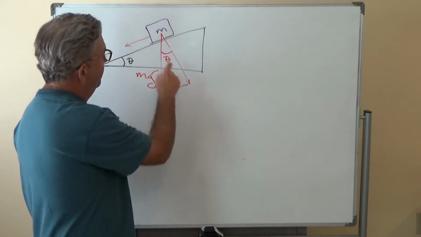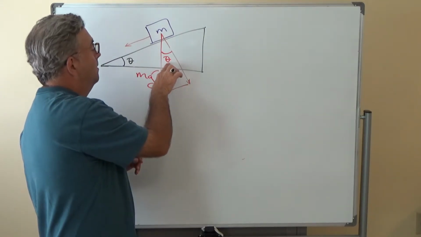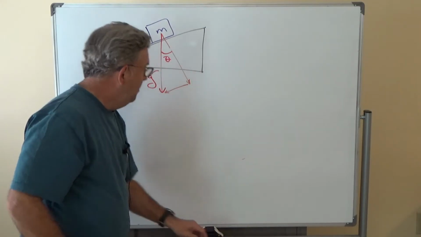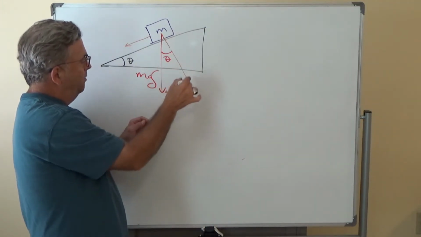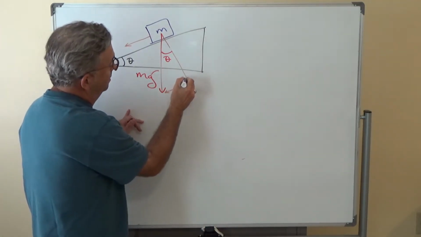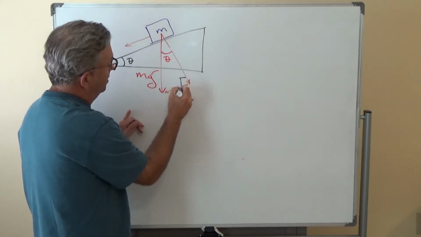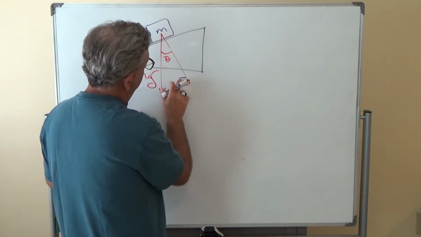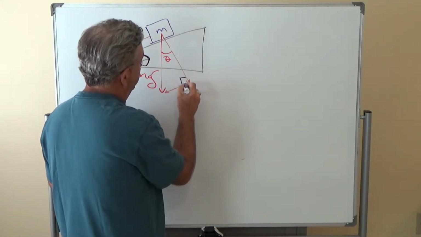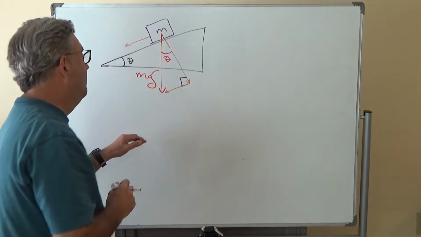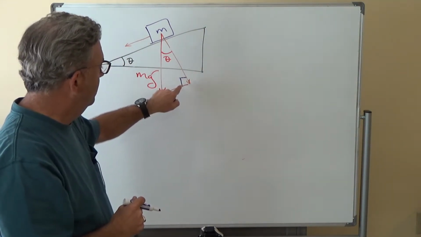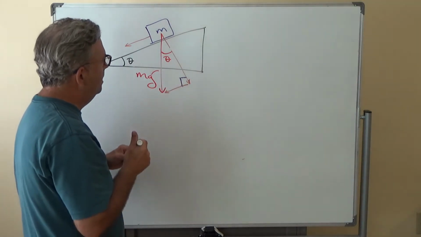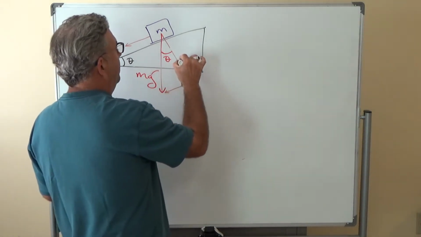So let's look at these components with this angle theta. This is the hypotenuse of the triangle. This makes a right triangle, with that side being the perpendicular. Okay, that's not so great, but that's a little bit better. That side is the 90-degree side. This component is